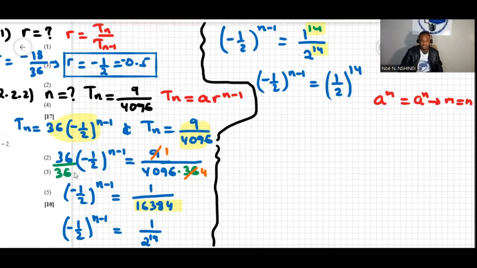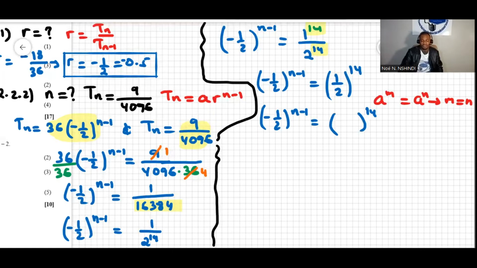But the challenge that we have is that this is a half, this is negative a half, and that is a half. We cannot really apply this law. But what can we do then? Okay, there's another way out. On the right here, negative a half to the power of n minus 1. Okay, n minus 1 equal to